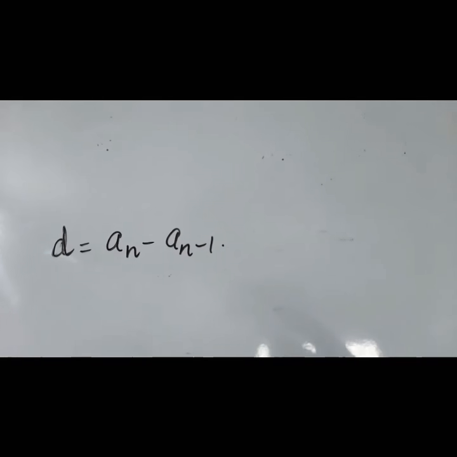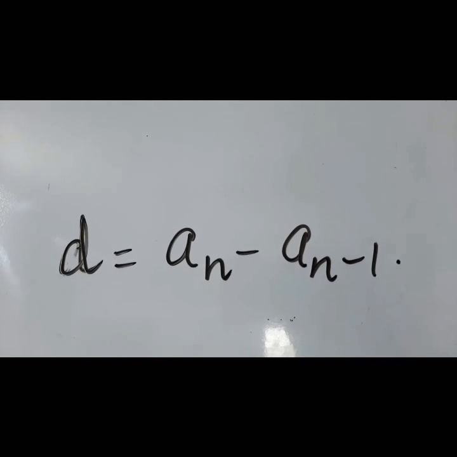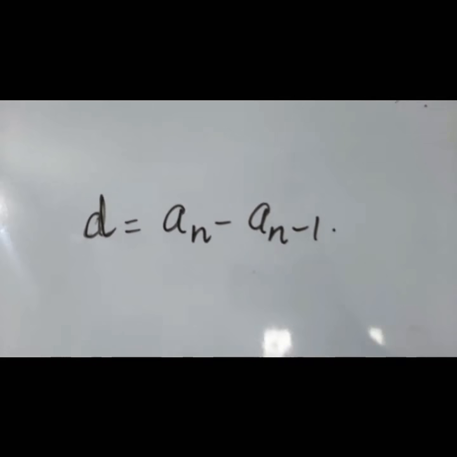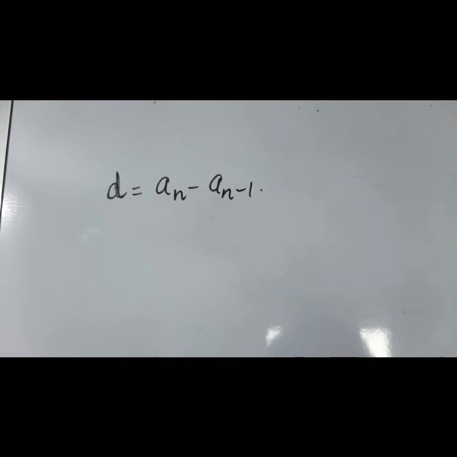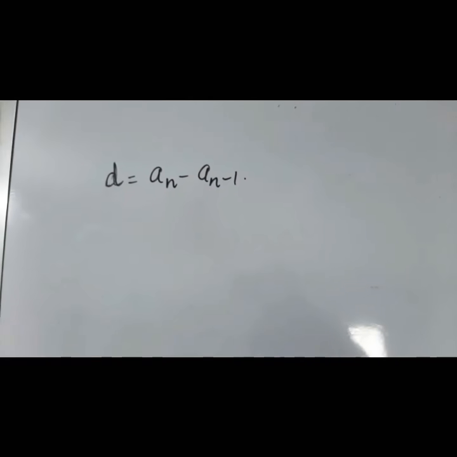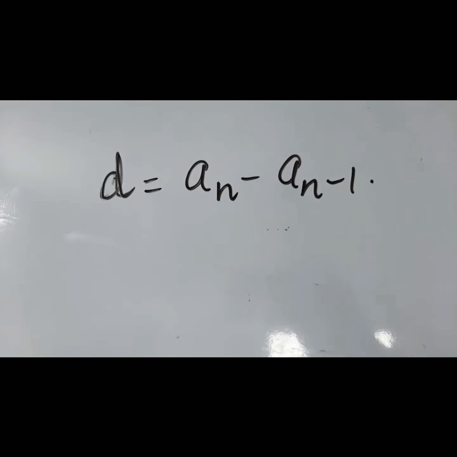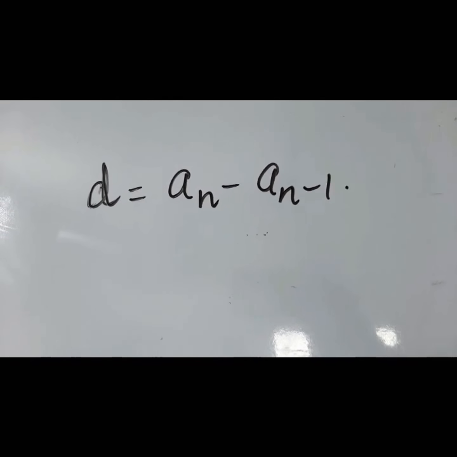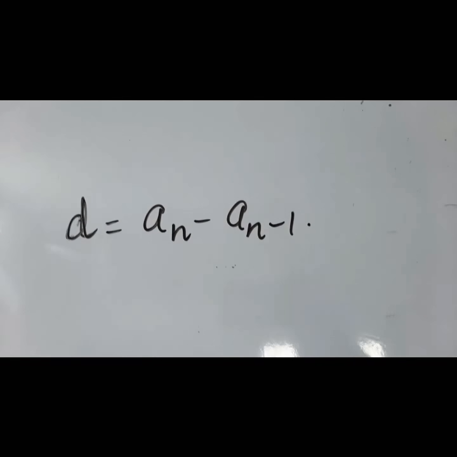Children, note down the formula. The general formula for finding the common difference d is equal to aN minus aN minus 1. Now turn your content book to page number 96. There it is given a note. There they mentioned that APs are of two types. One is a finite AP, where we have a finite number of terms in the AP, and the other one is infinite terms of AP, which we call an infinite AP.